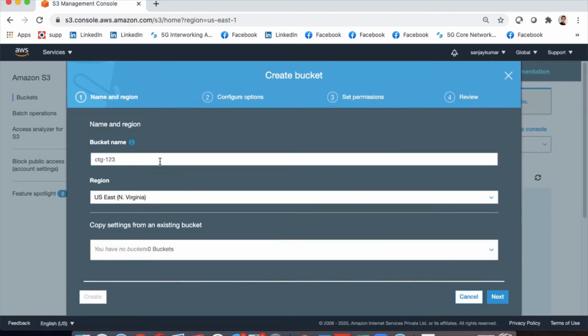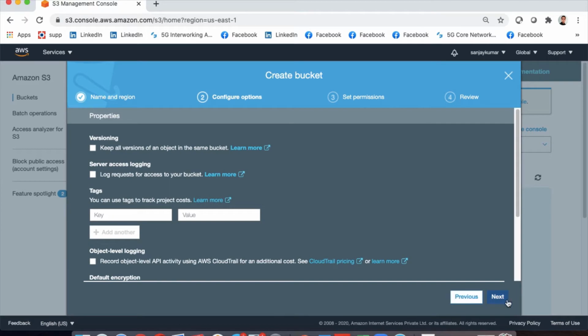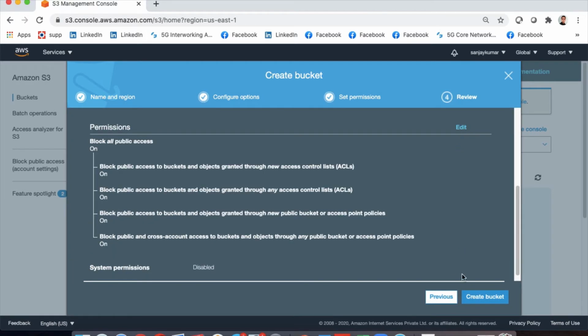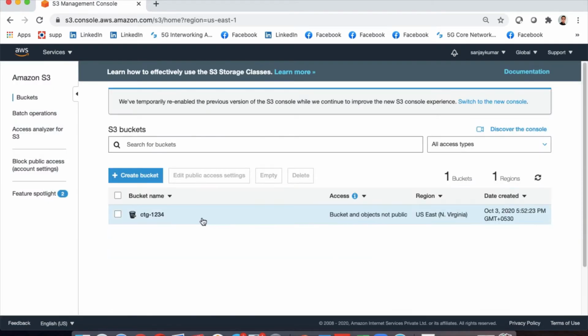There are some issues because I created this bucket a few minutes back, and now I'm typing it as CTG-1234. This is another bucket. Let's go ahead and click on next and create bucket. So my bucket is now created. This is CTG-1234. There were some conflicting operations, so it was not able to create CTG-123. So we have created CTG-1234.